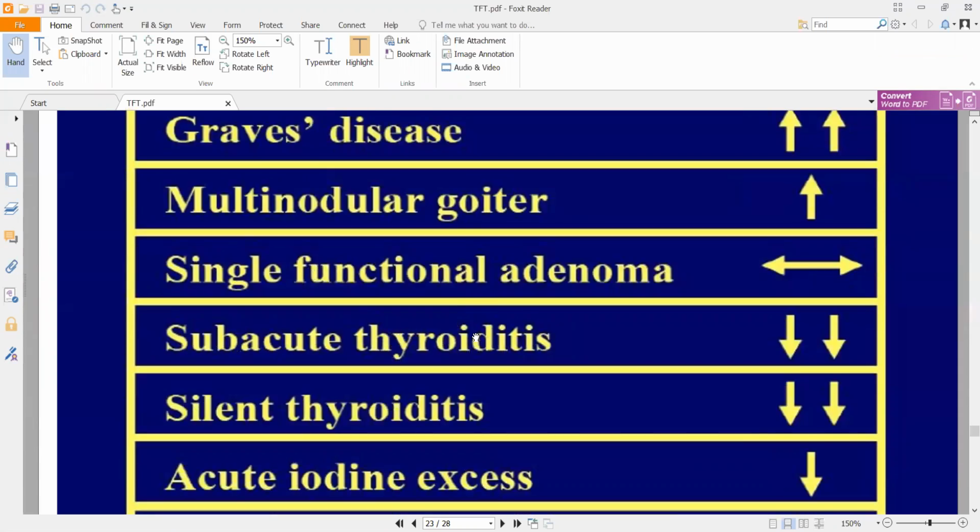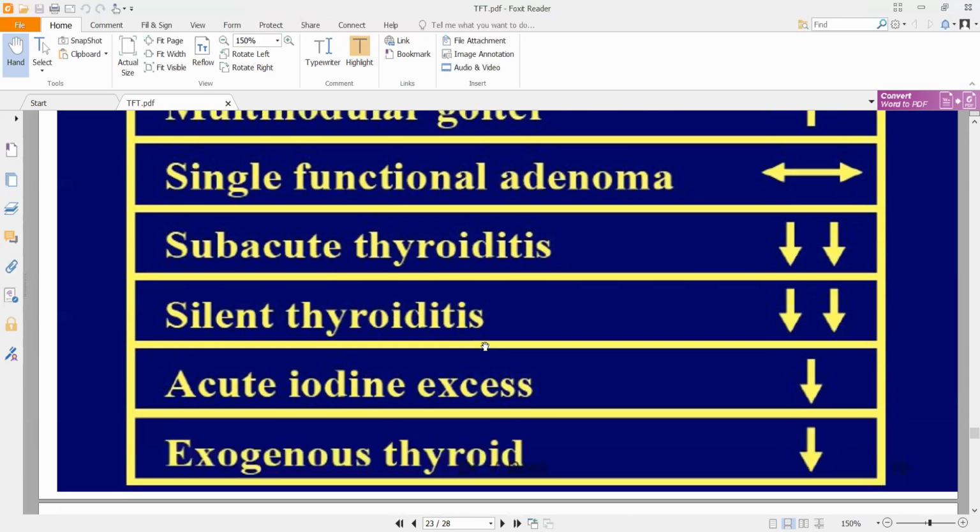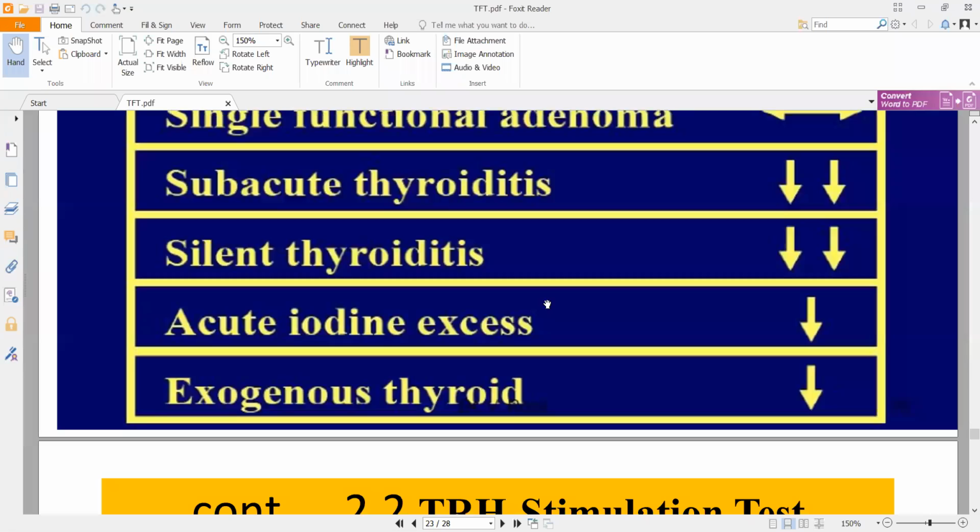Silent thyroiditis is hyperthyroidism where the symptoms are not exhibited properly. There will be inflammation of your thyroid gland, but the symptoms are not as profound. So these are some of the conditions. Here the important one will be Graves disease. These other ones are examples that you need to remember. You will understand this better next year when you study thyroid disorders in pathology.